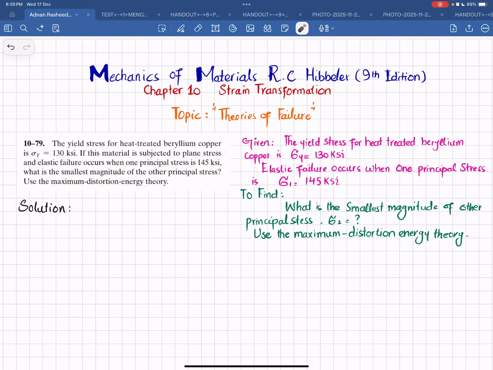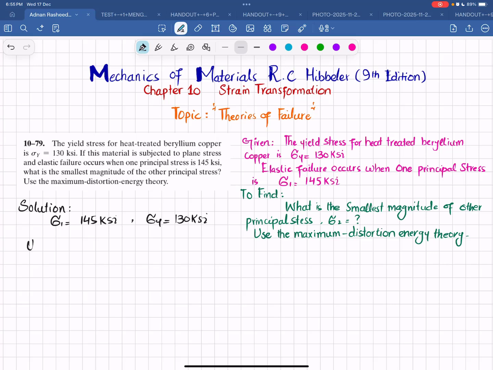So you can see yield stress is given and it is stated that one of the principal stresses is 145 ksi. So you have to find the smallest magnitude of principal stress sigma 2. So let's start with the solution. Here we have been given sigma 1, which is one of the principal stresses, that is 145 ksi, and we have sigma y, which is equal to 130 ksi. So using maximum distortion energy theory,